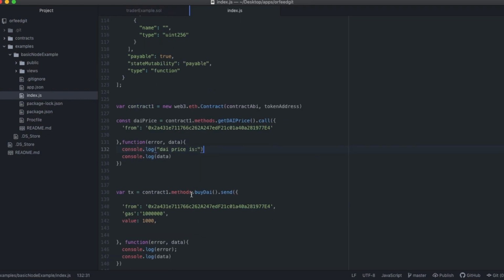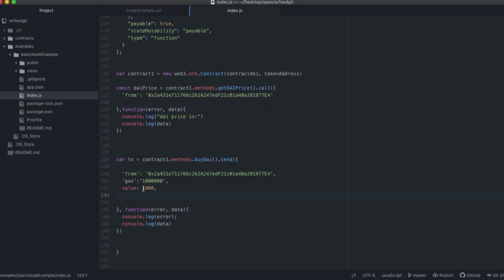And then right after doing that, it's going to also buy DAI, sending 100 Wei, which is like 0.00000001 Ethereum, like a really small amount of Ethereum. 1 Ethereum would be like 18 of these zeros. And that's, remember, because Ethereum doesn't have decimals. So technically Ethereum has 18 decimals because 1 Ethereum is 10 to the 18th power, blah, blah, blah. So contract.methods. We're just going to do two things. So let's try it.